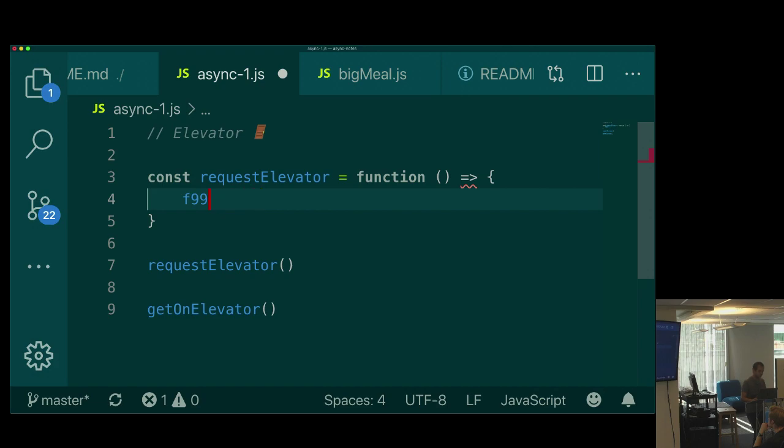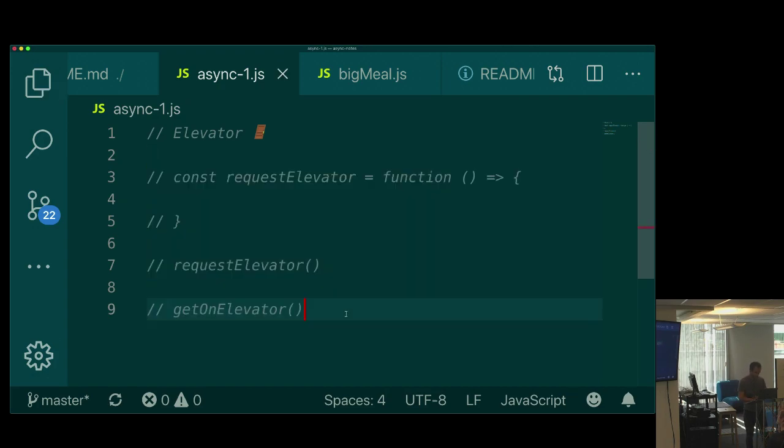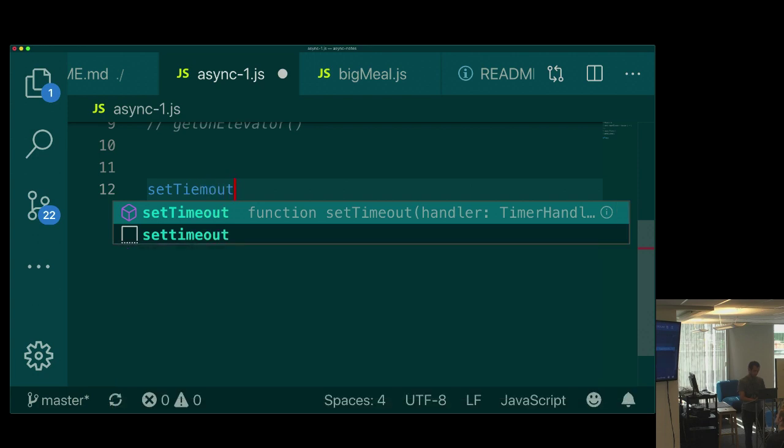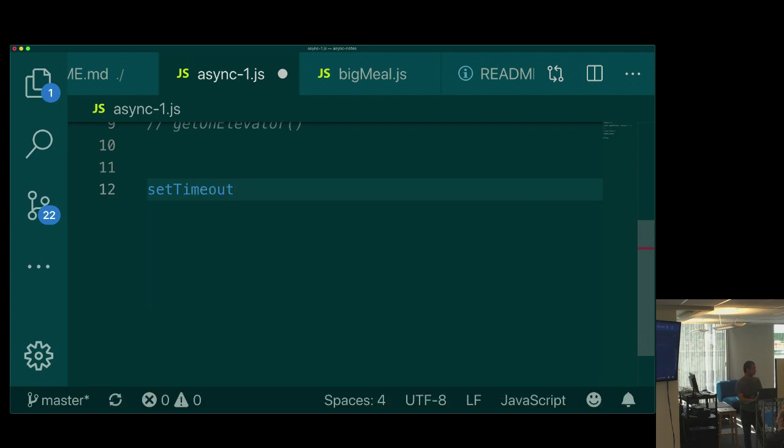If I'm on a really old computer, it might take a long time to count all the way up to 999999. But if I'm on a supercomputer, it'll just happen like that. So as programmers, we don't want to figure out the computer's processing power and pull out a calculator. Instead, I'm going to use a function that lets me say, wait this amount of time. There is a setTimeout function. And I can say, hey, setTimeout,